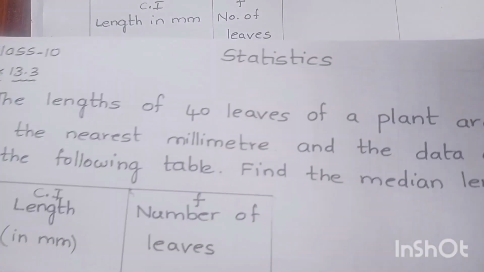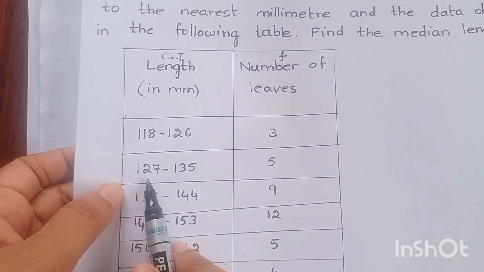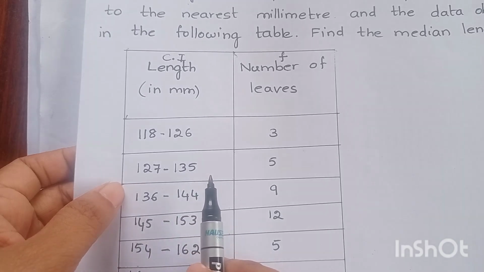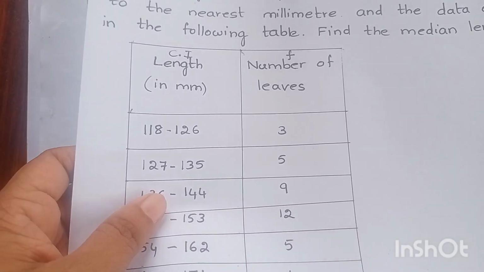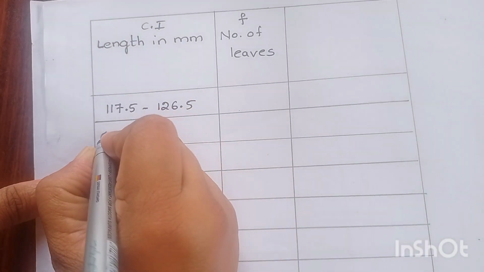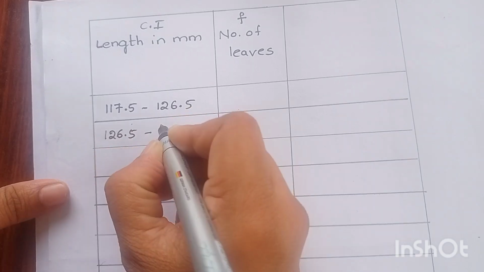Okay. In the same way, 127 minus 0.5 is 126.5 and 135 plus 0.5 is how much? 135.5. In the same way I will do it. Then it will become 126.5 to